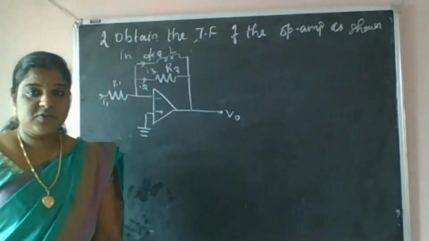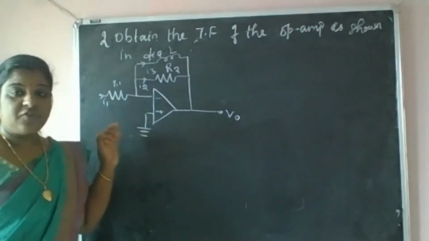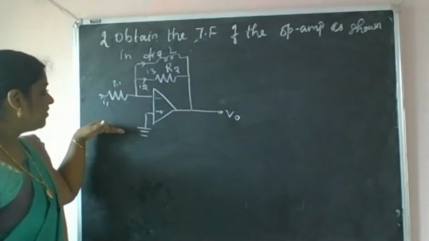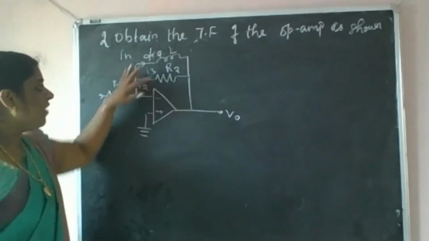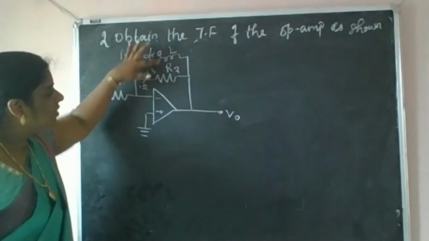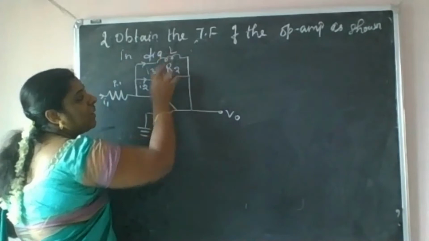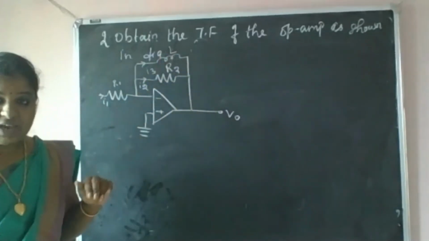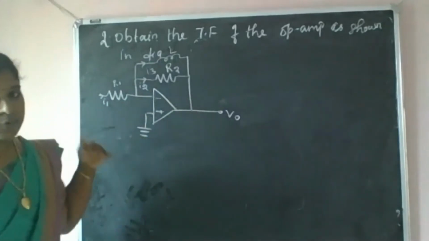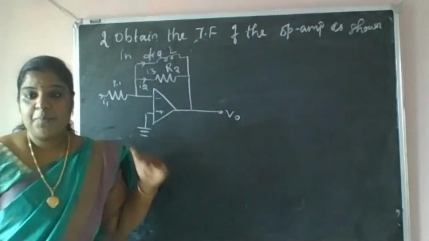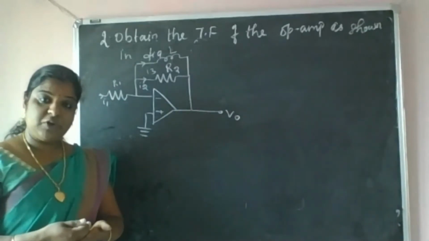So now we are going to solve the second problem. We are going to apply the transfer function for the operational amplifier for this op-amp based circuit. Here we have two branches. In the previous circuit diagram we had a capacitance, and in this circuit diagram we have an inductance. Now to solve this problem, first we have to choose the appropriate law.